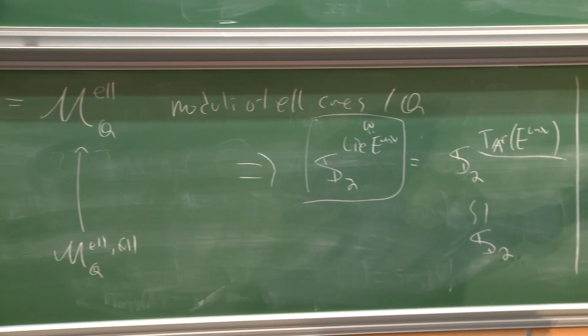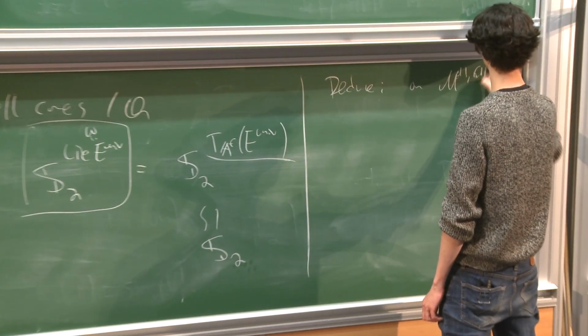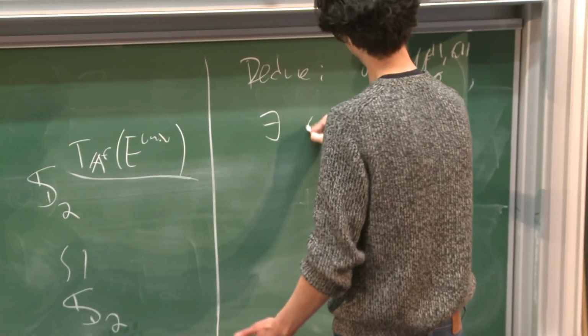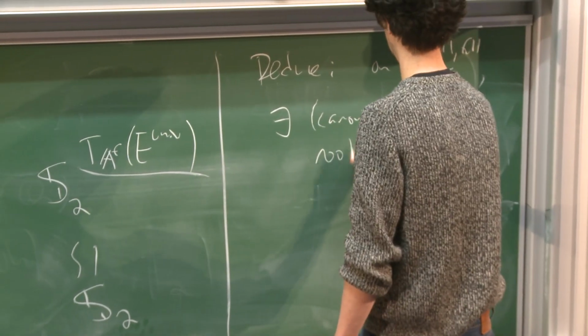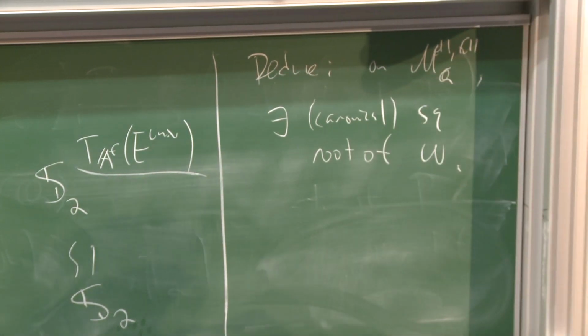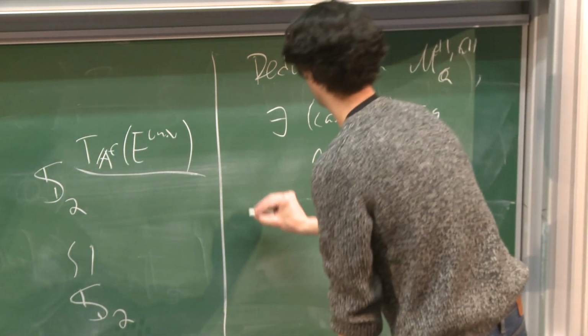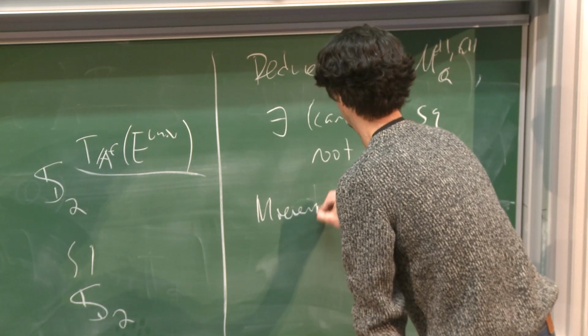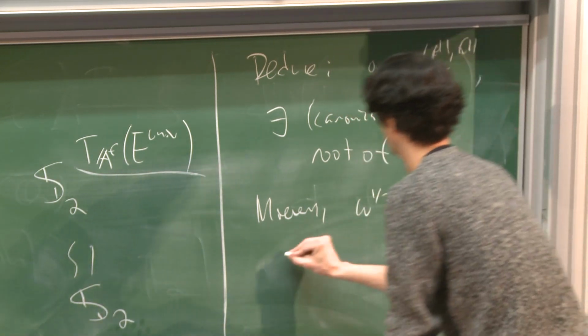on the moduli stack of elliptic curves with full level structure, there exists, in fact, a canonical square root of omega. And moreover, if you believe a functorial form of the conjecture, so kind of functorial for automorphisms, which is again true for abelian varieties, moreover, this omega 1/2 is equivariant